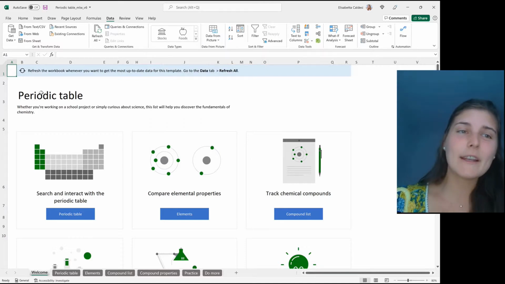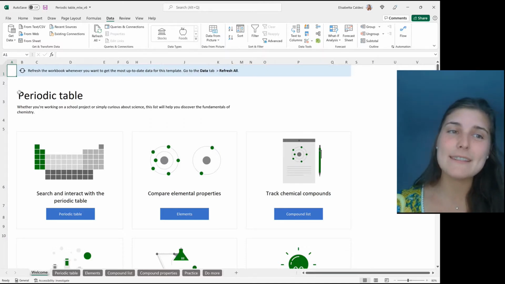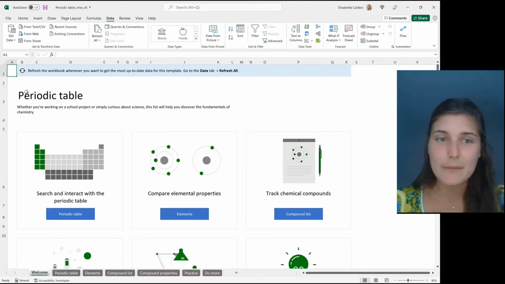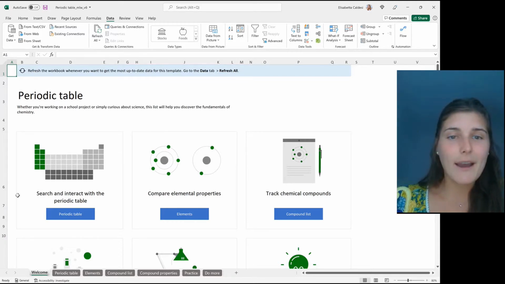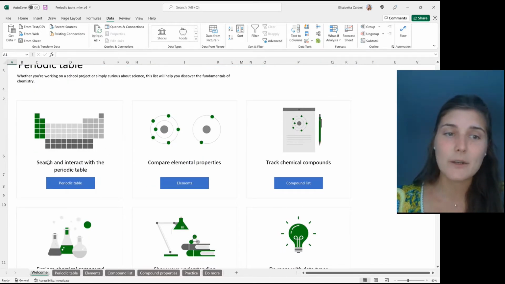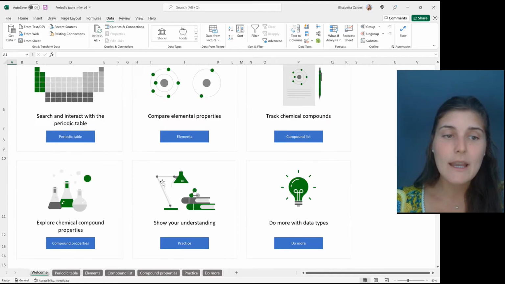So this is the periodic table template. This template is available on templates.office.com or through the Excel Backstage. And here is the welcome page, which has a summary of what this template has. So there's a periodic table. There's a tab that lets you compare elemental properties, a tab that lets you track chemical compounds,